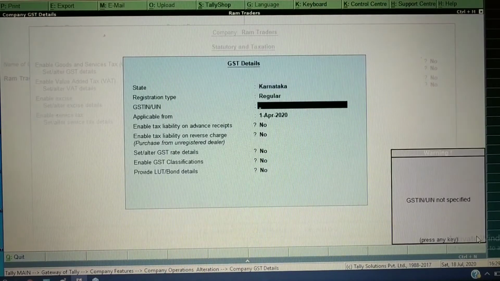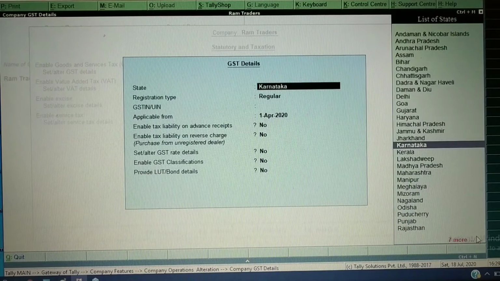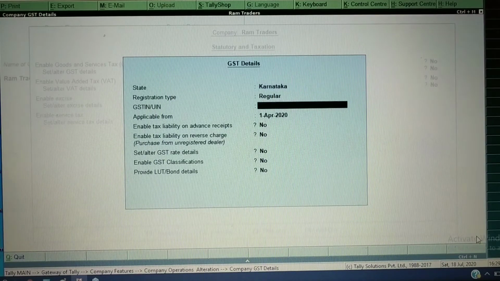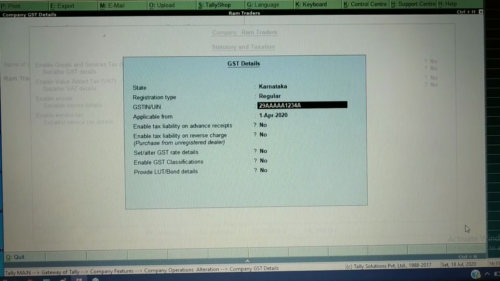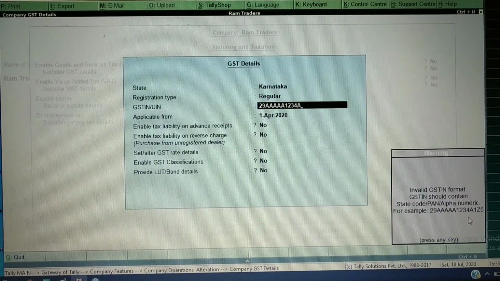Now you can see Karnataka here, the same state I took while creating the company. My registration type has been taken automatically as regular. The next option is very important: the GSTN number. The first two characters of the GSTN number are the state code, and if I have made any mistake here and press enter, it will show what format the GSTN code should follow.